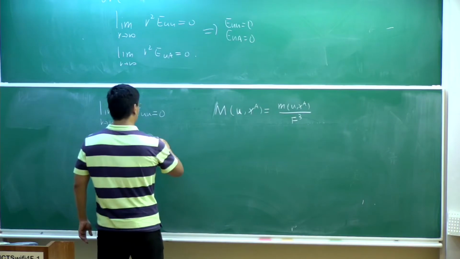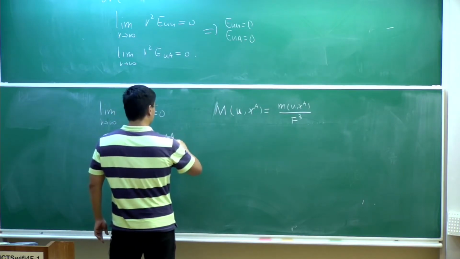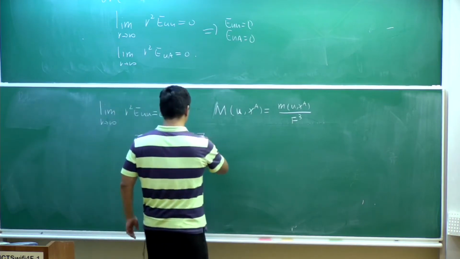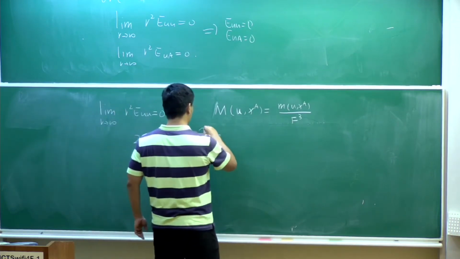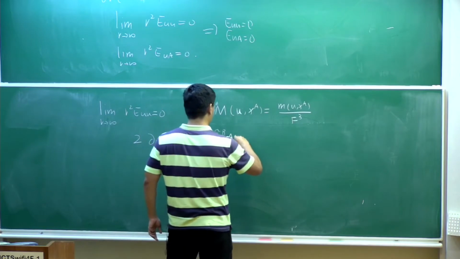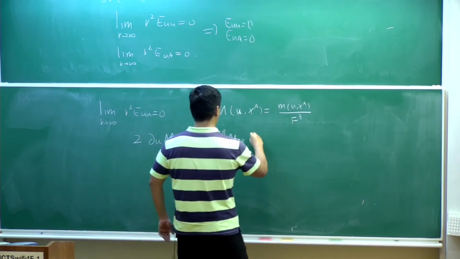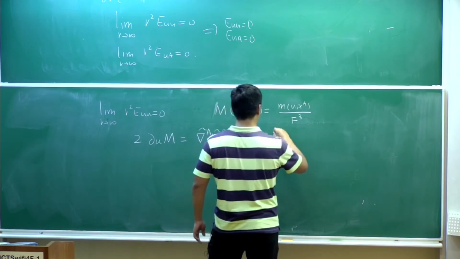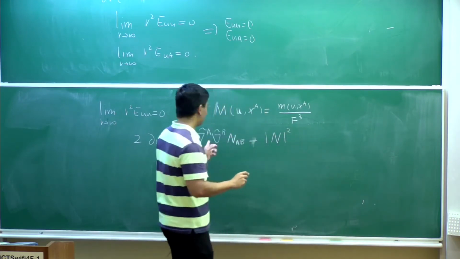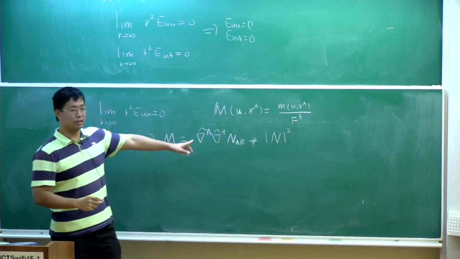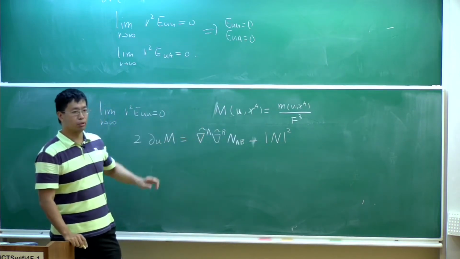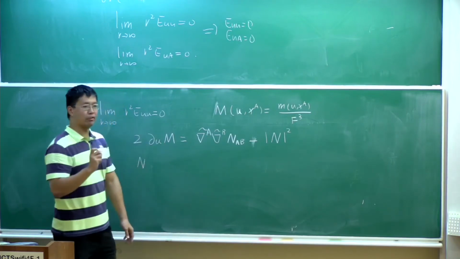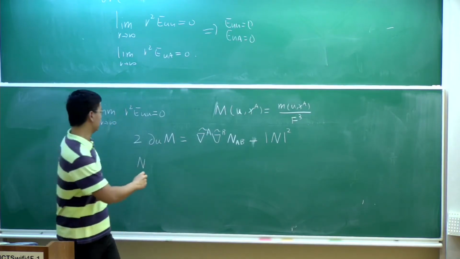It will be twice du of m equals the double divergence of a tensor NAB minus its norm square,